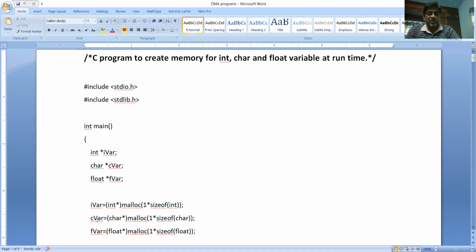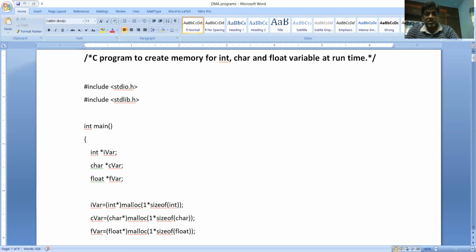Similarly, CVAR is a character pointer, and we create the memory location using char star. Observe the difference. If you are storing the address of a character variable, the typecast is char star. If you are storing the address of an integer variable, the typecasting is int star. Similarly, if you are storing the address of a float variable, the typecasting is float star, followed by the function name malloc.